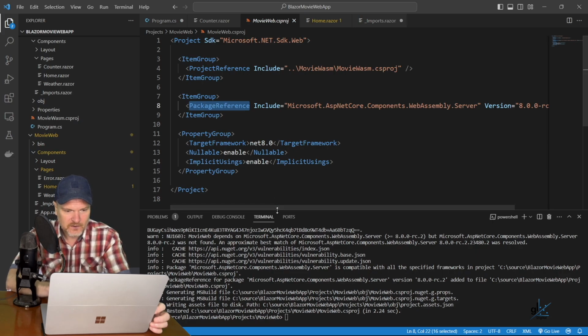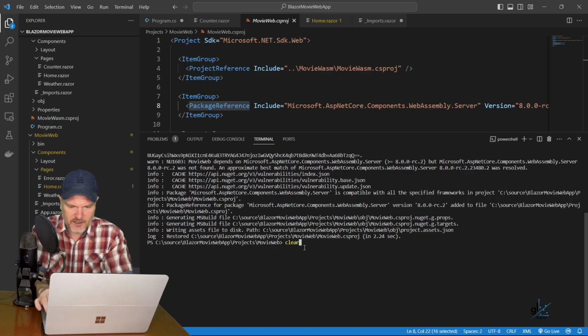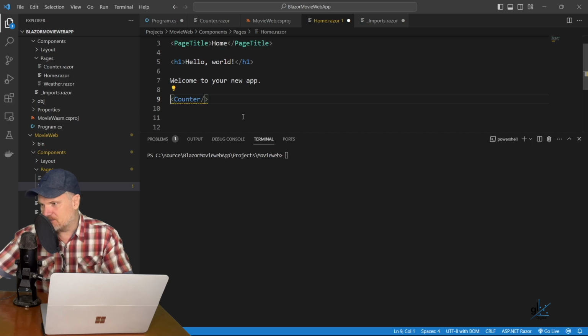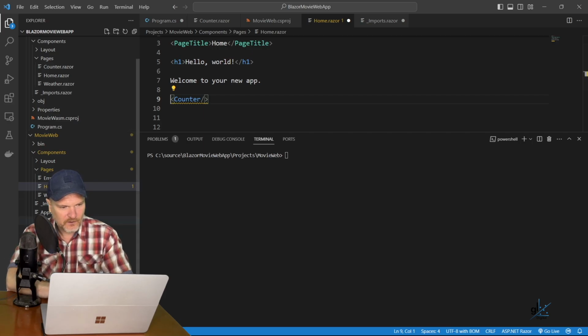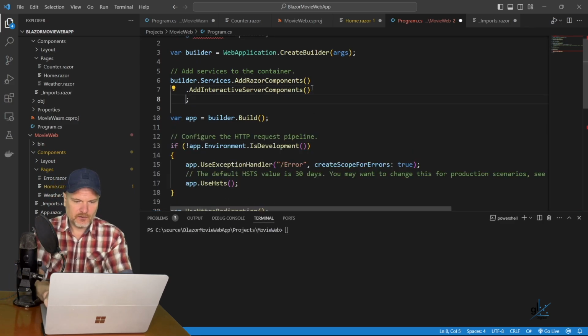Okay. So, excellent. So let's clear the screen. There's a few other steps that need to be made here. The first step is we go to the program.cs file within our MovieWeb project. Okay, and we need to